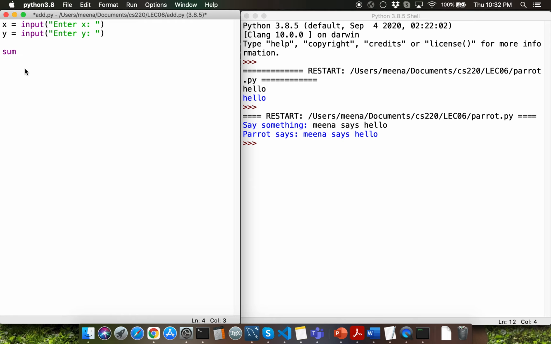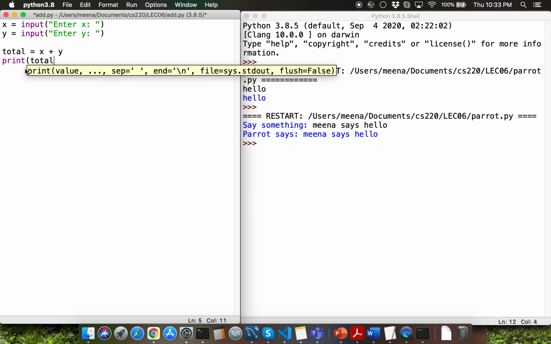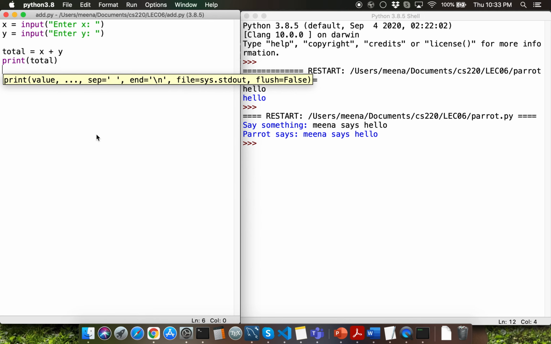If you try this inside Jupyter Notebook, sum will change into green color, and that can indicate to you that you should not use that as your variable name. Let me use total instead, which remains in black color. So I'm going to type in total equal to x plus y. Let me call the print function by passing total as an argument.